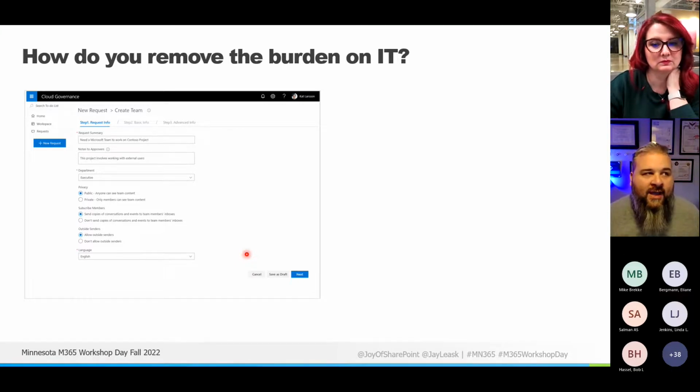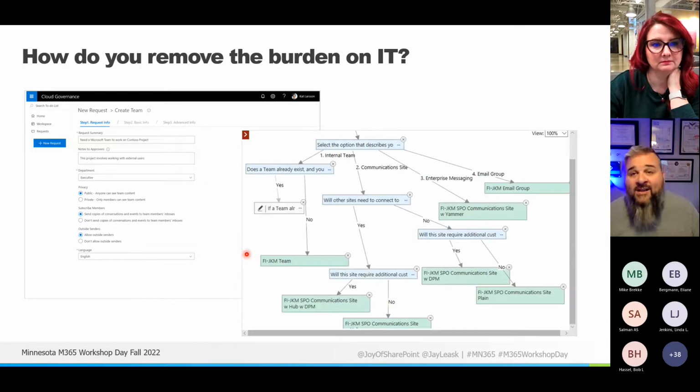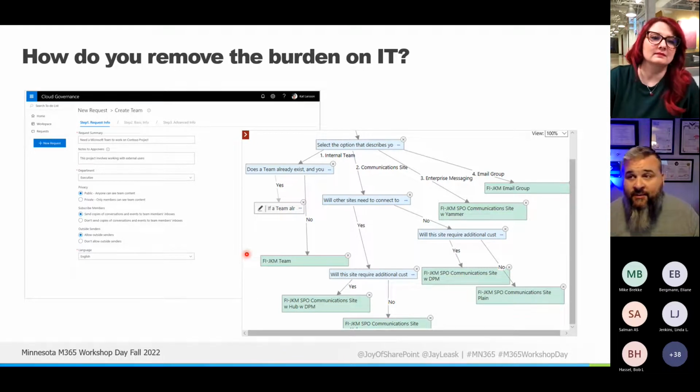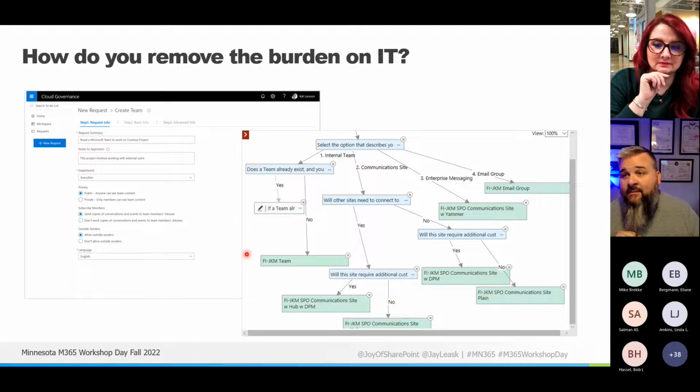Are we going to allow external users? Questions along those lines. And with those types of questions, you can then direct people to the right areas of Microsoft 365. Based on what you said, we're going to stand up a team for you. And that team is going to have a SharePoint backend. And on SharePoint, we are going to restrict the ability to share with people outside of the team. We are going to restrict the ability to add people to the owners group.